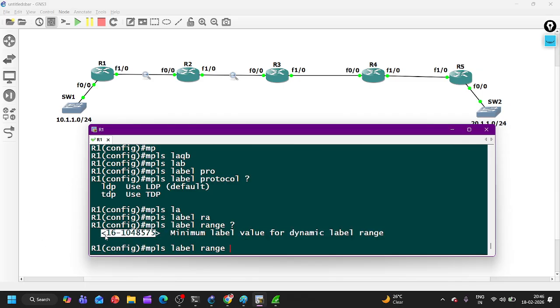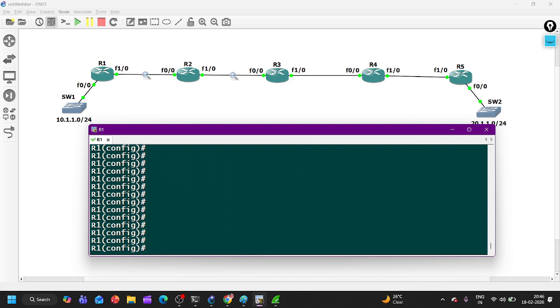0 to 15 are reserved, so 16 to 2 power 20 you can use any label. Now if you want to control the label, I want a router should not attach label with all the prefixes, or router should attach label 0 implicit null with any prefix. You can do that, but first you have to make interesting traffic with the help of ACL, with the help of access control